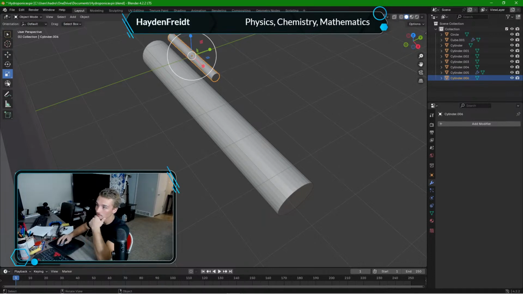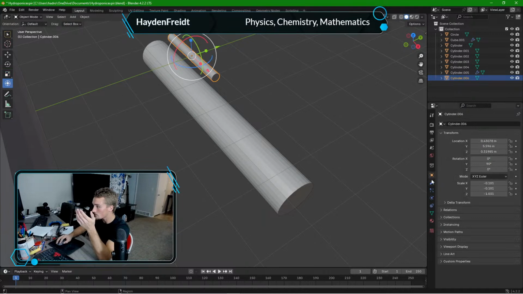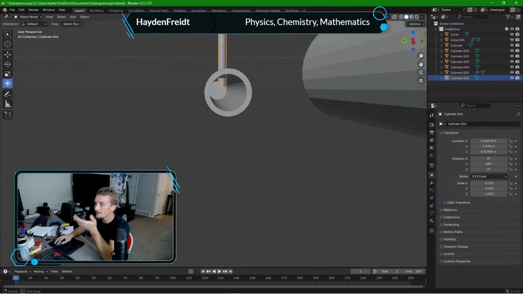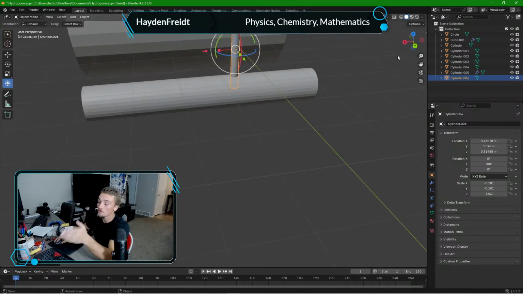Oh, that's decent size. Like I said, I'm doing everything empirically. I'm just winging it right now. Although it's a good design. I mean, come on now, give me some credit here. Don't get me wrong. And that's a good depth. So now what I'm gonna do to make this easy is I'm gonna go back to